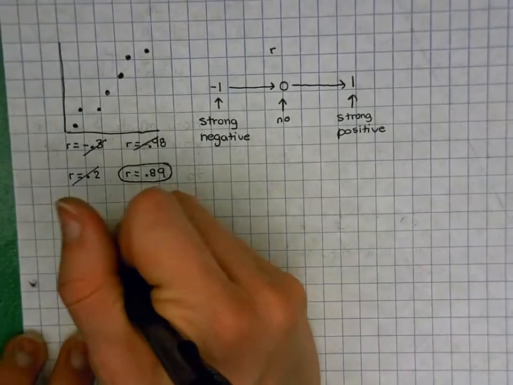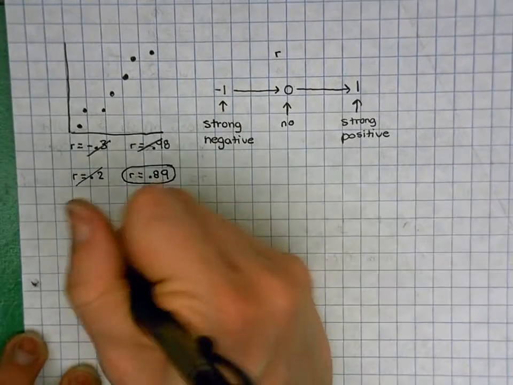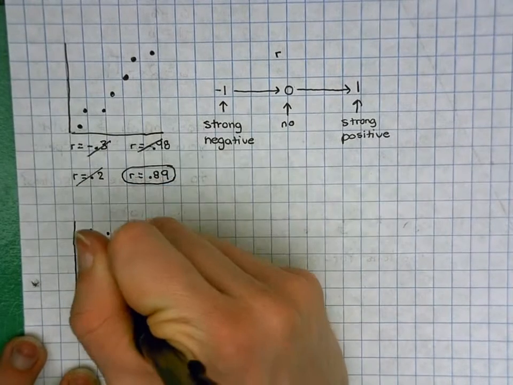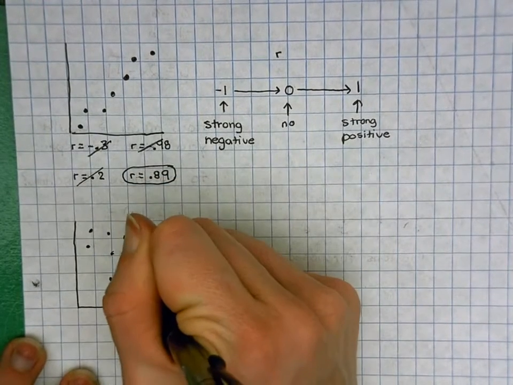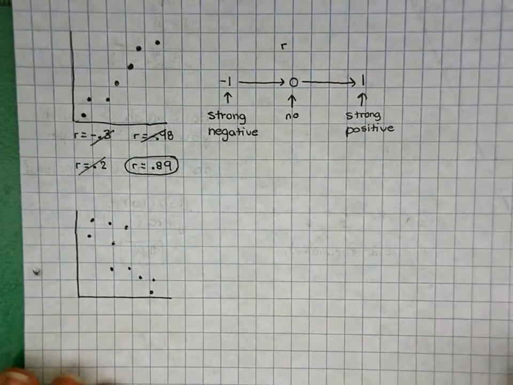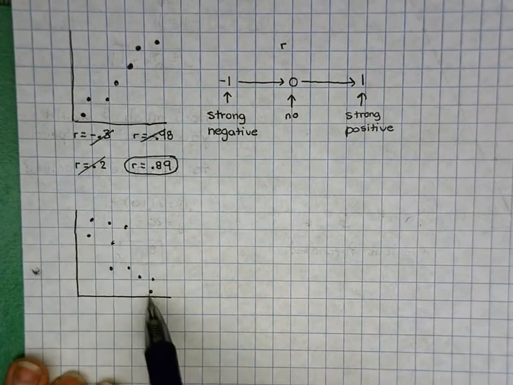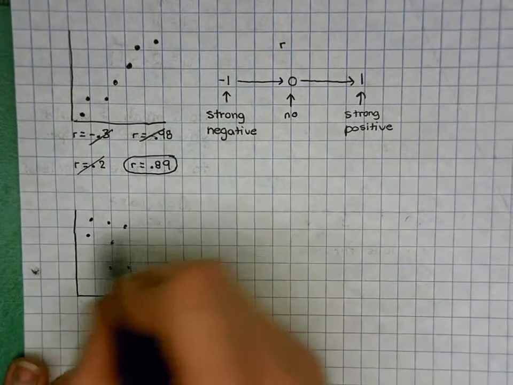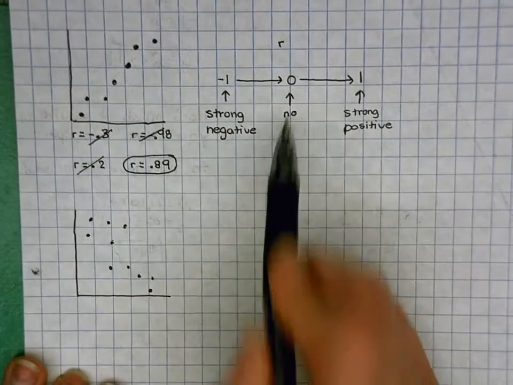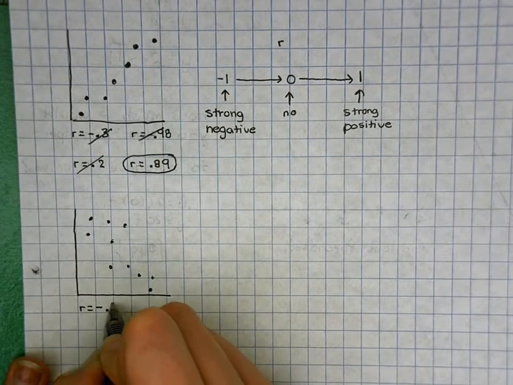Similarly, if I gave you this graph, and when you're looking at this, you can see there is a negative correlation. There's definitely a decrease that you can see here, but it's not very strong, right? This is very scattered. It starts to look pretty close to no correlation. And so if I gave you some R's,